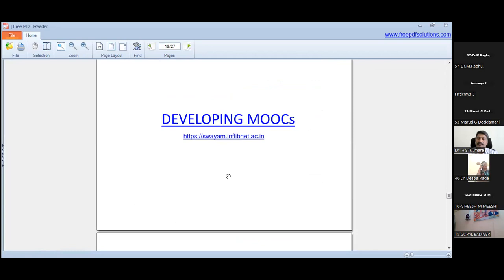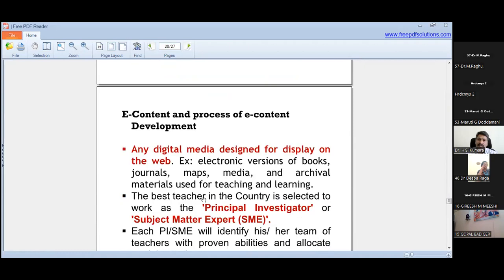Anyone interested in developing a MOOC course can just mail me after the class, and I will send the proposal template in Word form. Just fill in the template, then you can ask your concerned Board of Studies for clearance and approval, and the same needs to be submitted to the university for getting the consent from the registrar. So these are some of the processes involved.